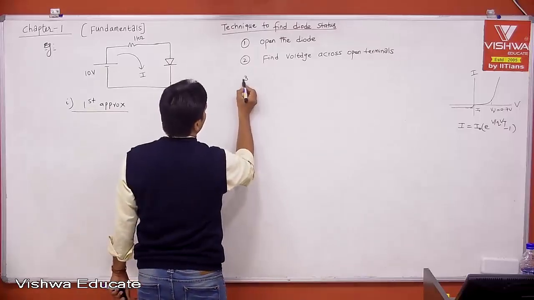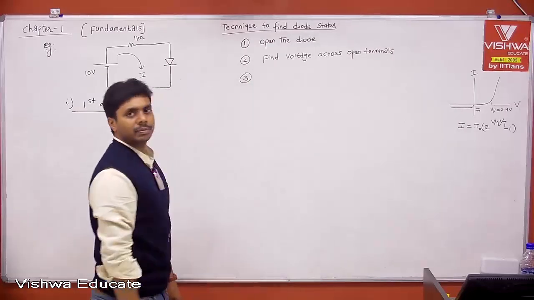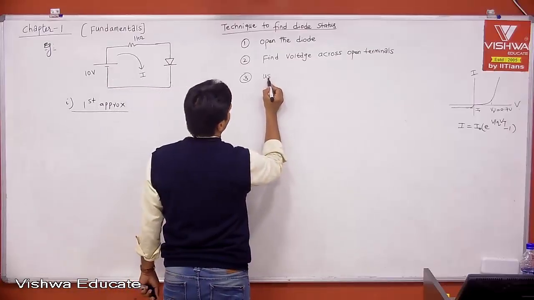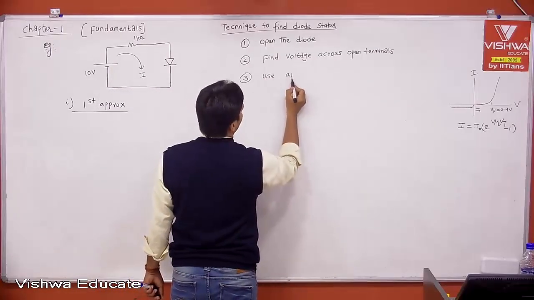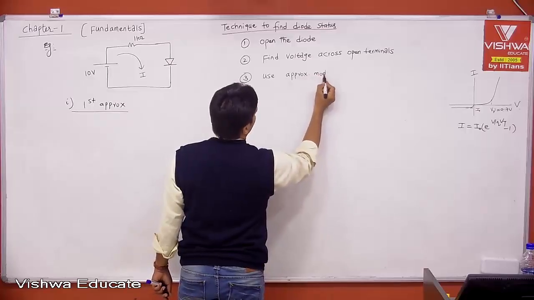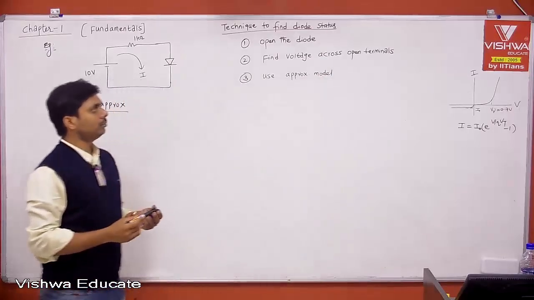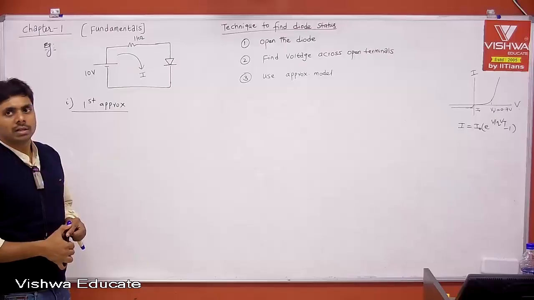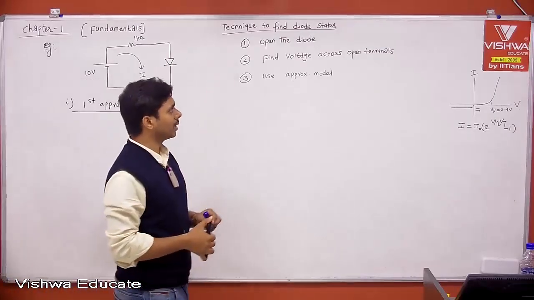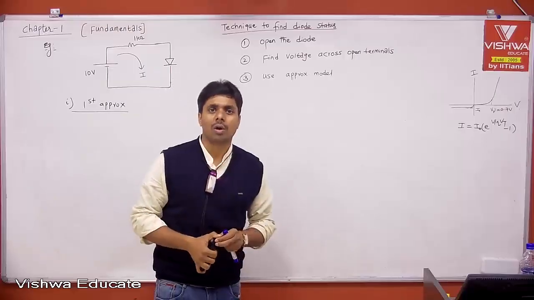After finding the voltage across open terminals, then decide if the voltage is greater than or equal to 0. Therefore, use the approximate model. Right? Therefore, if I apply the same technique, remember this is a very powerful technique, I can say, to solve any